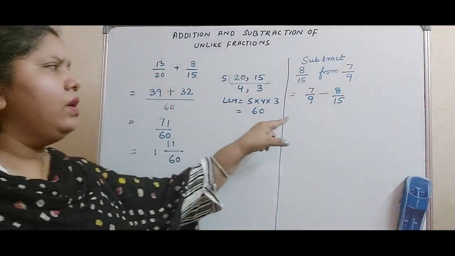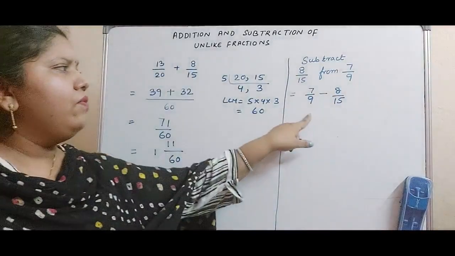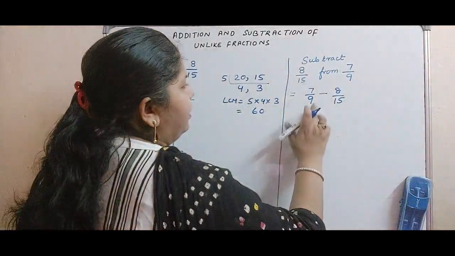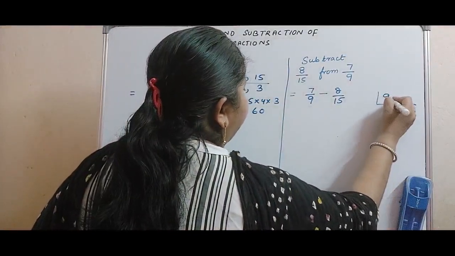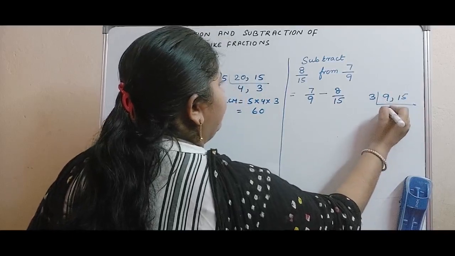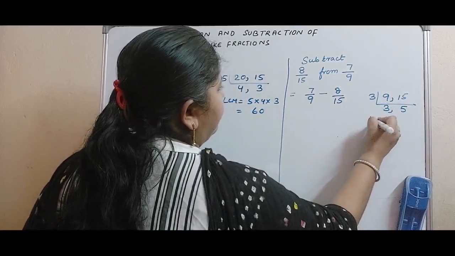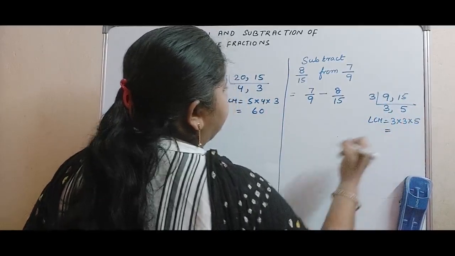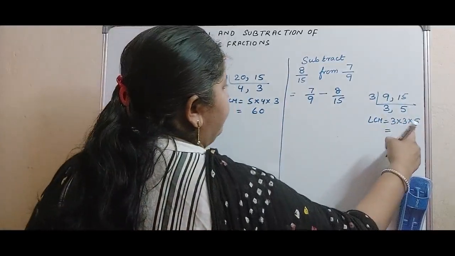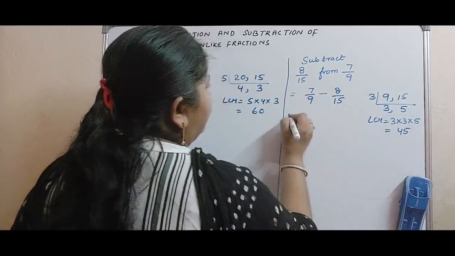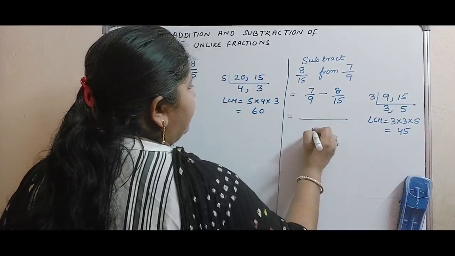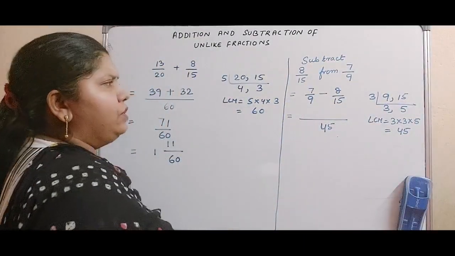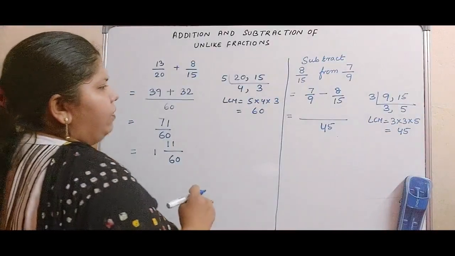First of all, you have to convert it the same way as we did before. We will convert this to like fractions. For that, you have to take out the common multiple of the denominators. So 9 and 15. Both are divisible by 3. 3 3s are 9. 3 5s are 15. So LCM is equal to 3 into 3 into 5, that is 3 3s are 9, 9 5s are 45. So we take the common denominator as 45. Divide 45 by the first fraction's denominator, that is 9. We get 5.